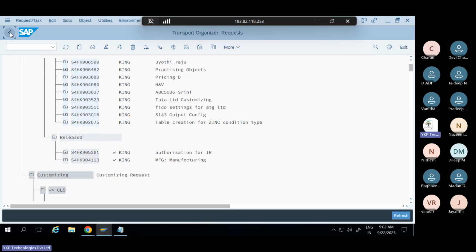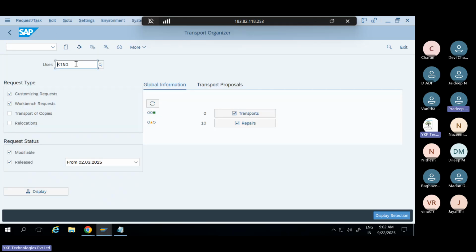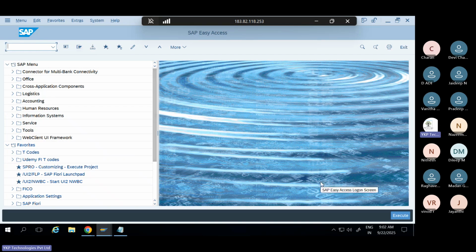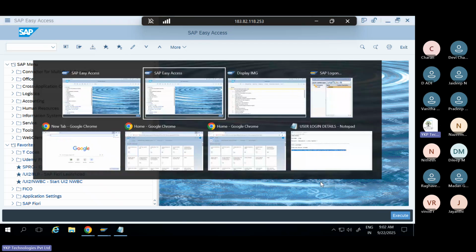Suppose you want to see others also, suppose your teammate's user ID is this one. If you enter their user ID, you can also see how many TRs were created by your colleague. The list can be seen here, and also we have tables. Tomorrow I'll explain the tables and all this information, Devi. So in today's class, I just simply created a company, that's it, just to explain about the TR